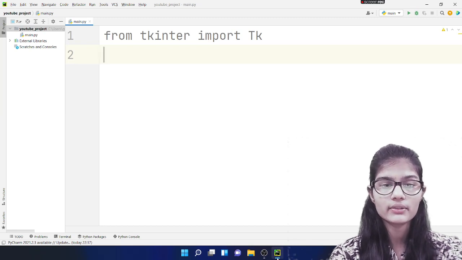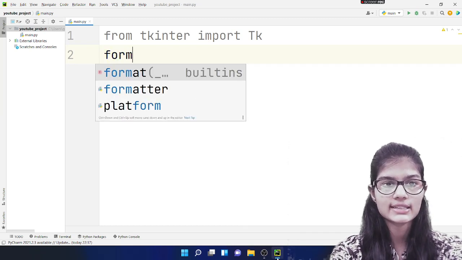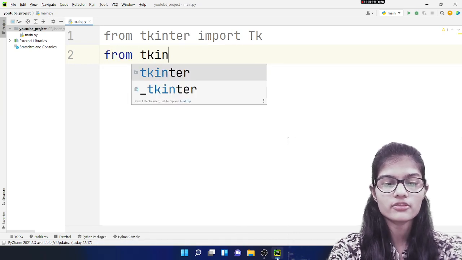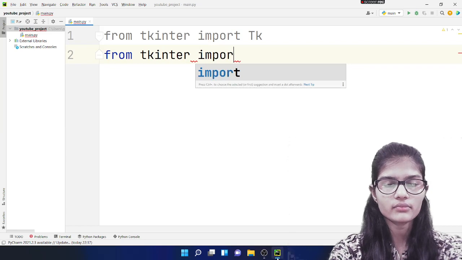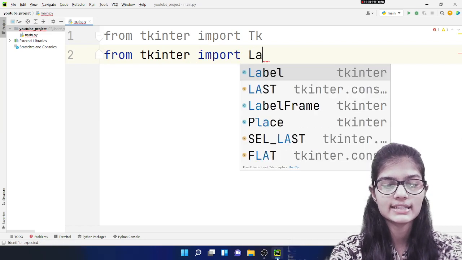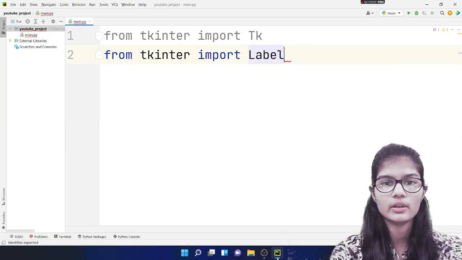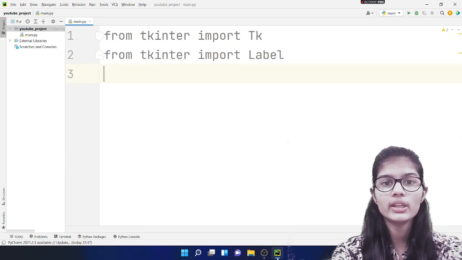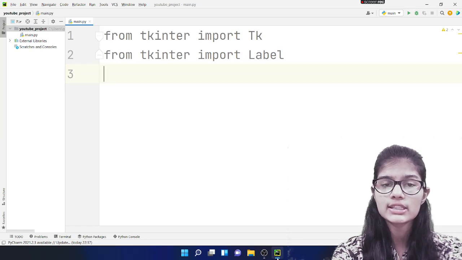Now with the help of my tkinter library only, I'm importing one more function. So I'm going to write from tkinter import Label. Tkinter is my library from which we are importing one more function, and that is the Label function. What's that used for? Label is a function which is used whenever you want to write anything onto the tkinter window.